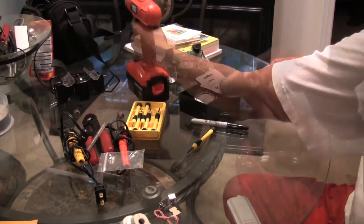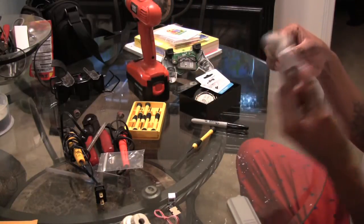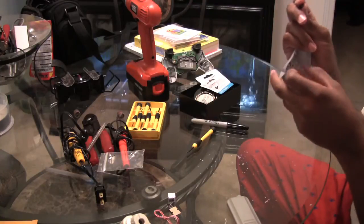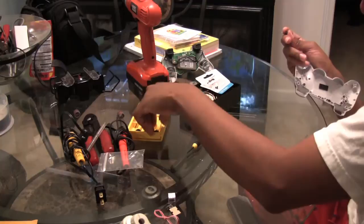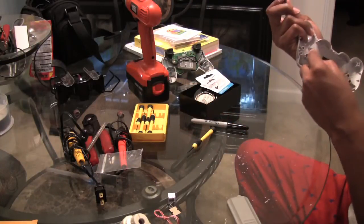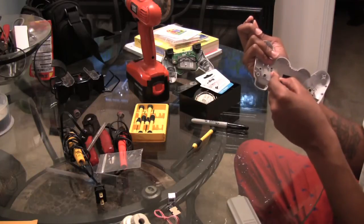Alright, we got us a hole. So now I have gone through here and started the process. Don't turn it back now, because I got a big hole in the back of my controller. So I'm just going through here cleaning this out, and I can clean it out with just about anything. I normally would use my snips, but I'm being a little lazy tonight, and I'm just going to scrape off this excess plastic that's in here